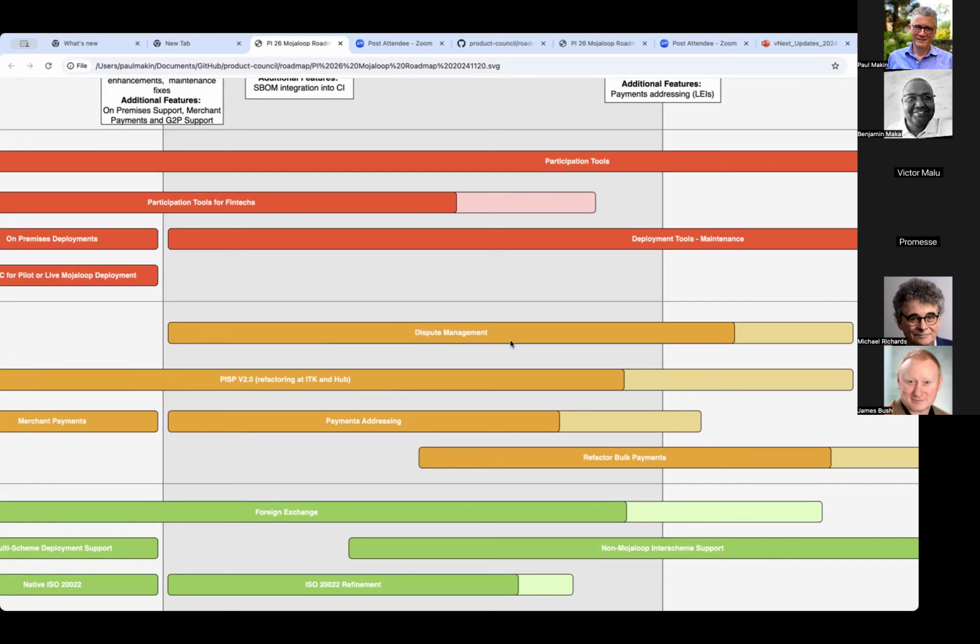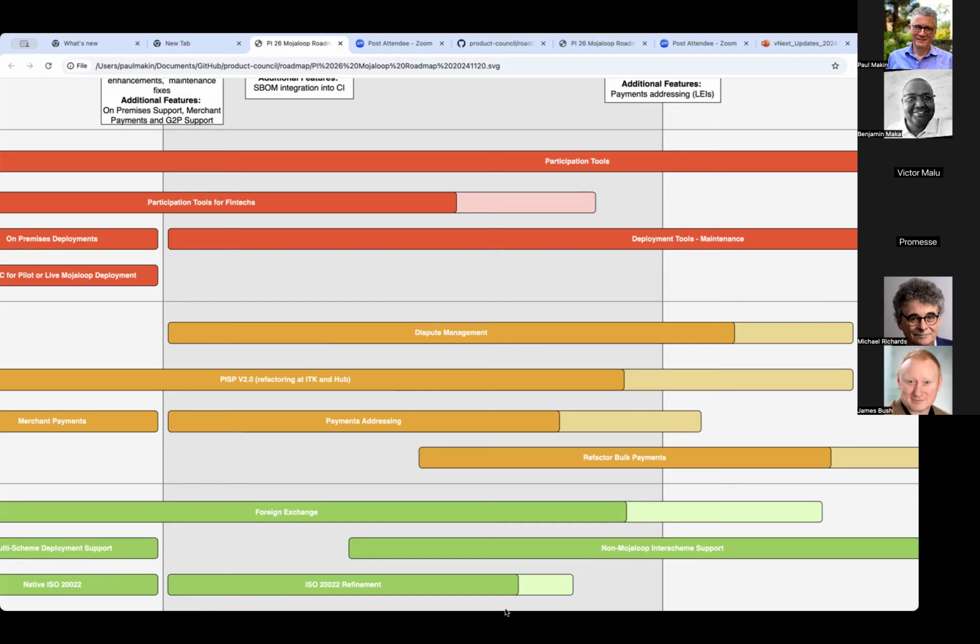We also are aware that the Tazama team has a dispute management tool in progress as an open source offering. So I think that this workstream should look at both the RSwitch work and the Tazama work and come up with a deployment independent dispute management offering that can be included as part of a modular deployment.